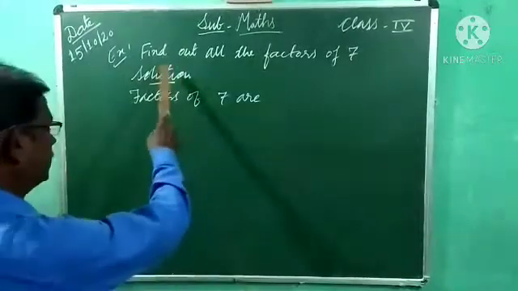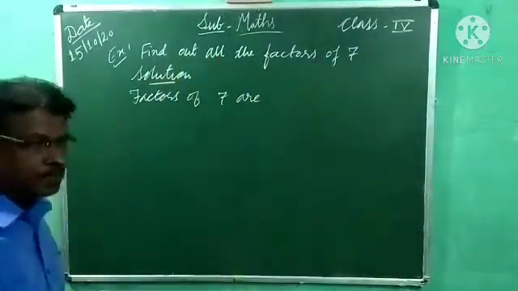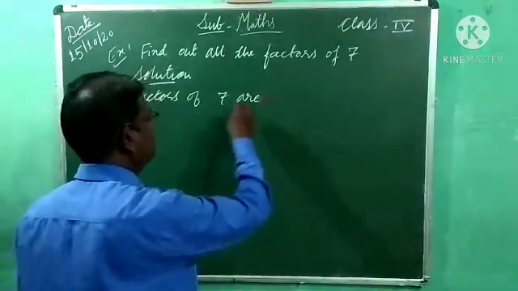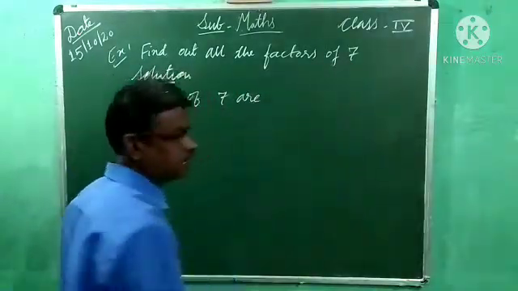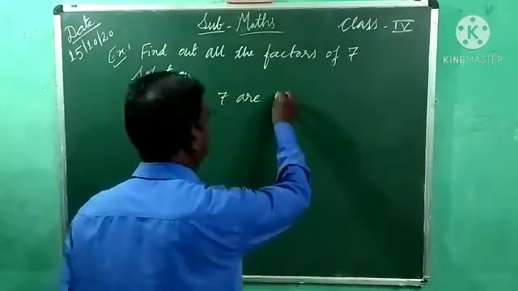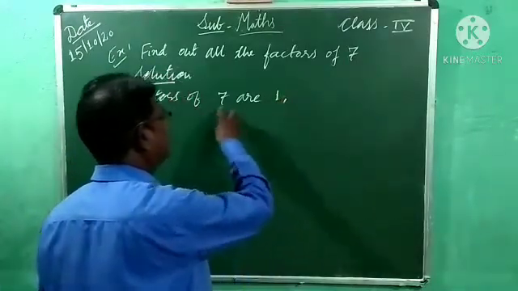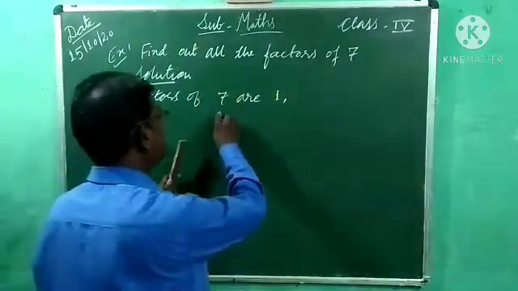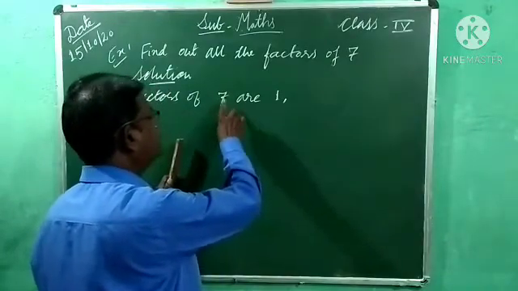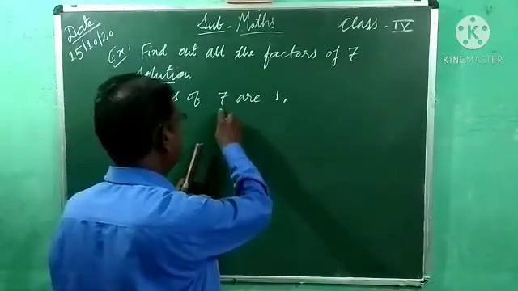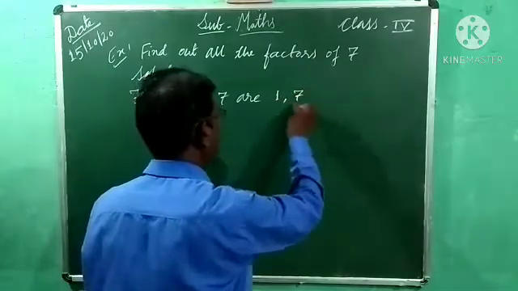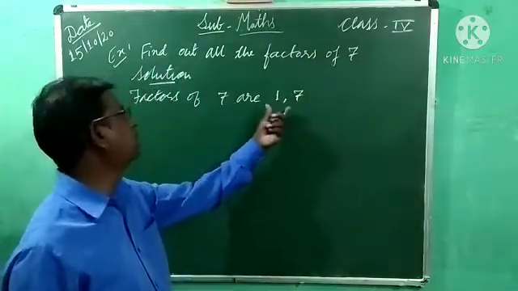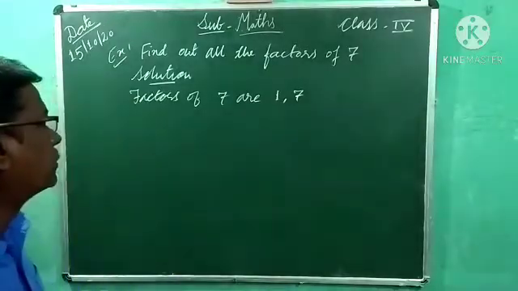In this example, first it is given: find out all the factors of 7. Factors of 7 are which? यानी 1 के टेबल से लेके 7 के टेबल तक हमें जाना है. तो 7 किसके टेबल में आता है? 1 into 7 7, ठीक है. 2 के टेबल में 7 नहीं आता तो नहीं लिखने का. जिस टेबल में आता है वही नंबर लिखने का. 3 के टेबल में भी नहीं आता, 4, 5, 6 भी नहीं, 7 के टेबल में 7 1 जा 7, यानी 1 और 7 है. यानी यहाँ कितने फैक्टर हो गए 7 के? 2.